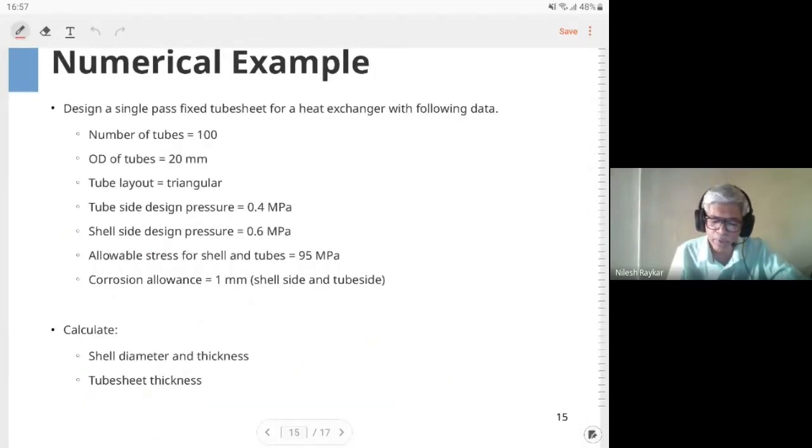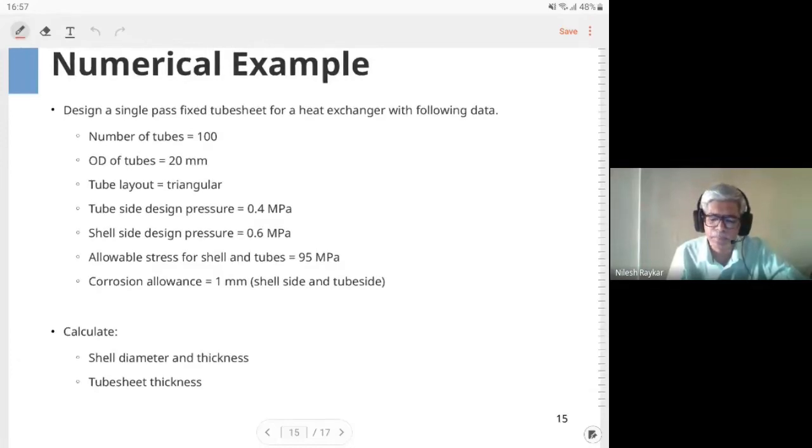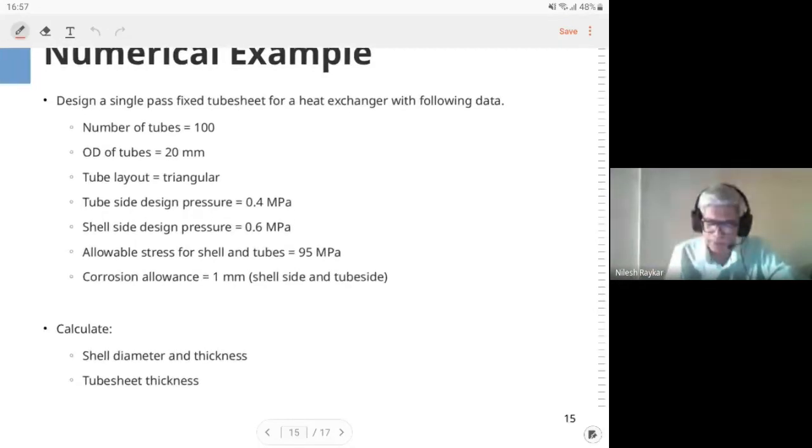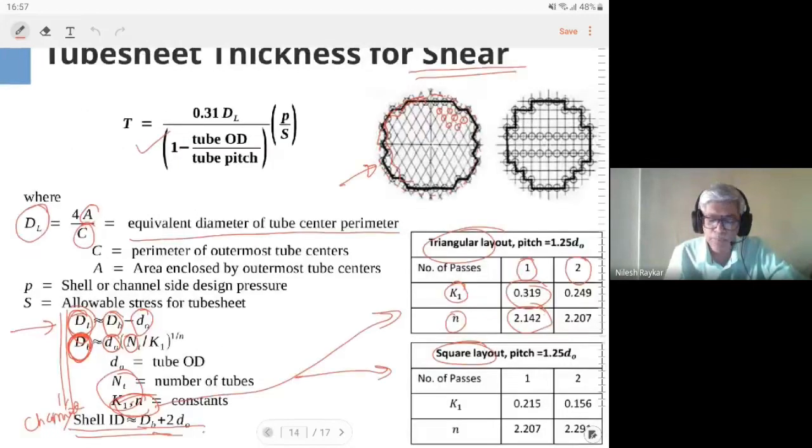And then we have a numerical problem which addresses this case. I am not going through the numerical problem; it is covered in the main video. I think this was just recently released, so many of you might not have had time to go through it.